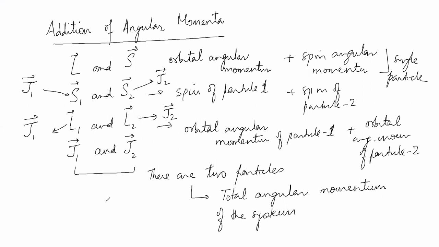Therefore, in general, what we are going to talk about, we are going to talk about J1 and J2, and this will be the master expression. From there, one can always obtain the relevant case for a spin, relevant case for orbital angular momentum. Okay. Similarly, if you have, I'm changing the slide.